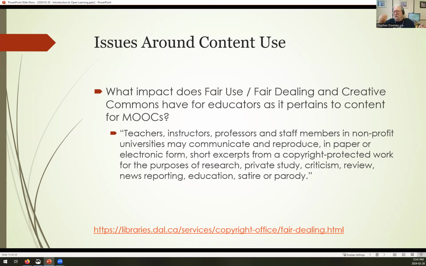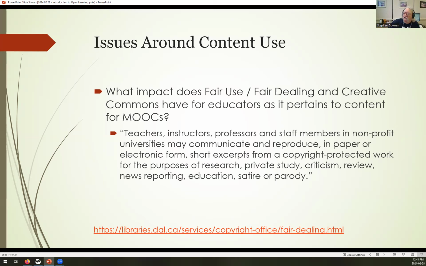But outside of those conditions, the work can be used. So it's not like copyright is absolute. The exceptions to copyright, in Canada, are called fair dealing. In the United States, they're called fair use.